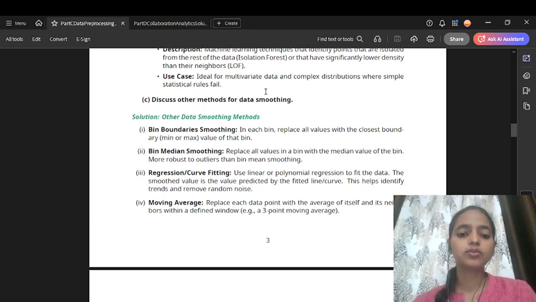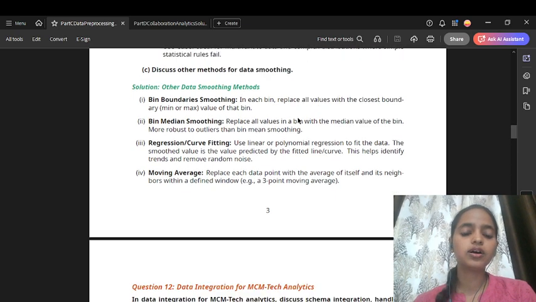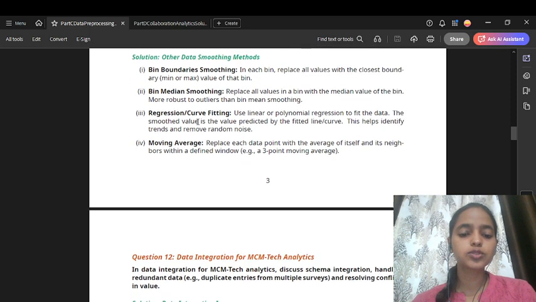Okay, now point C, discuss other methods for data smoothing. So we have to discuss methods for data smoothing. So we have bin boundary smoothing: in each bin, replace all values with the closest boundary, the min or max value of that bin. Bin median smoothing: replace all values in a bin with the median value of the bin, more robust to outliers